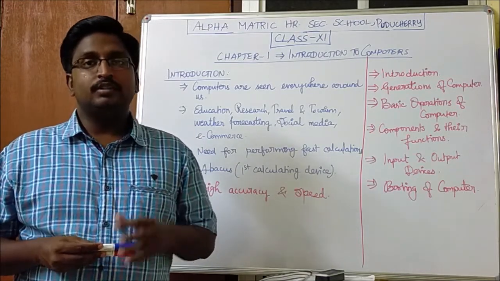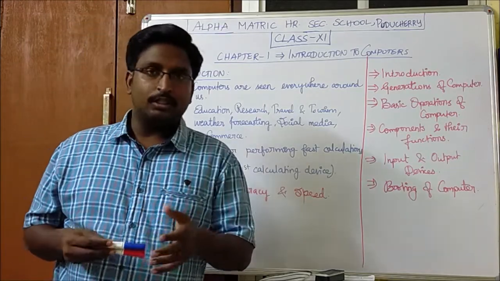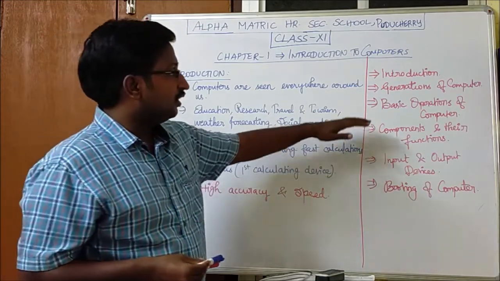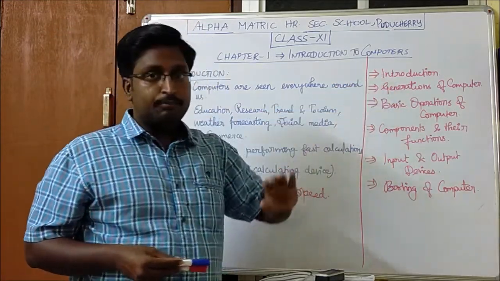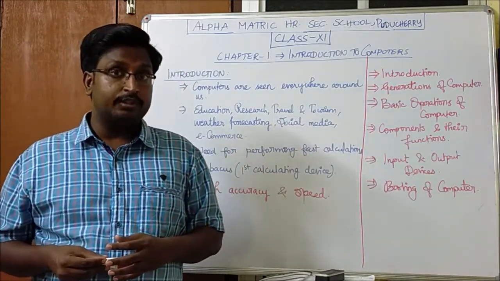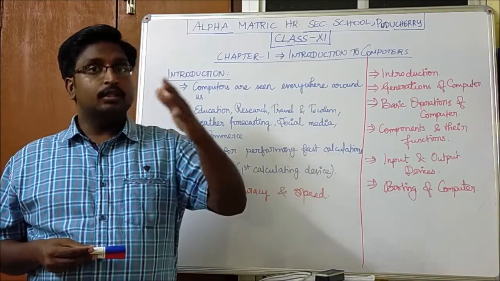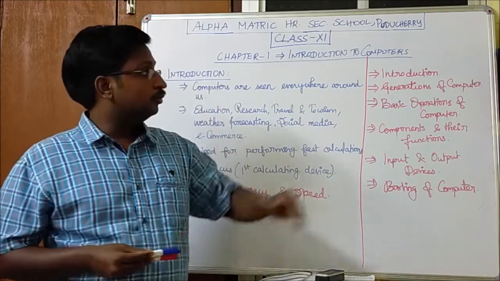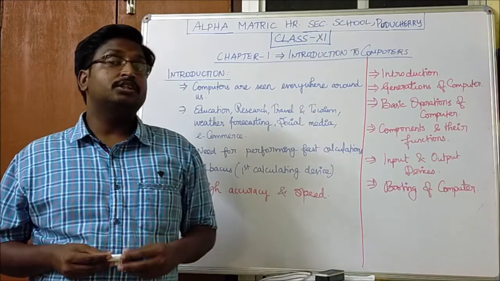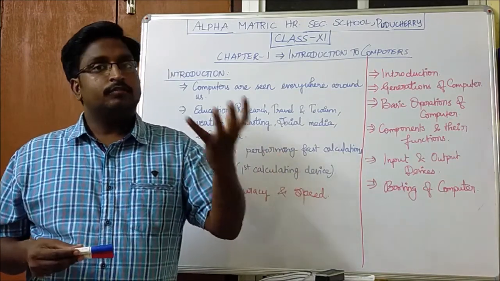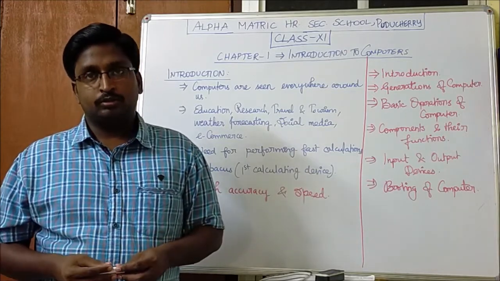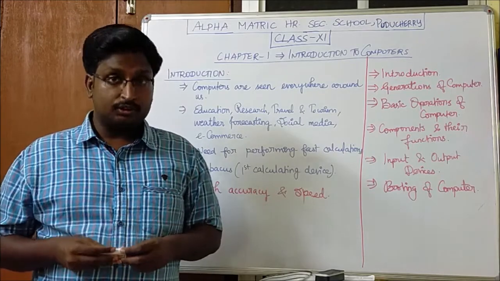In this video, we will start with the syllabus, that is Chapter 1, Introduction to Computers. In this chapter, we will be discussing a small introduction to the computer and the various generations of computer. Based on the development in computer technology, they have categorized the computer into several generations. Then the basic operations of computer. The basic operation of a computer is nothing but getting the input from the user, processing it with the help of the processor, and producing an output. So these are the basic operations of a computer.